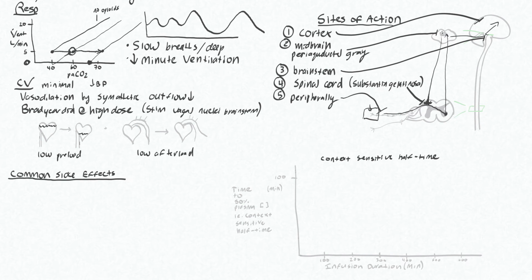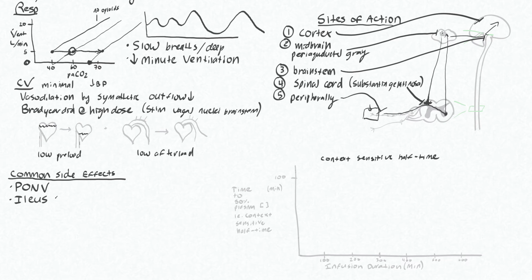It's good to know common side effects for any medication that you're giving. So for the opioids, post-op nausea, vomiting is a big one. It's one of the main risk factors for post-op nausea, vomiting, actually. They can pretty reliably cause ileus or constipation, and this is almost, you could say this is an effect and